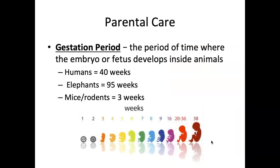Along with the parental care, you'll find that mammals will actually go through a gestation period. This is a period of time where the embryo or the fetus develops inside the animal. And so from our zygote all the way up to the fetus developing, this will be known as the gestation period. You can see in the pictures below a human fetus developing from the first week all the way up to the 38th week. For humans, this period tends to be around 40 weeks. Elephants, you can see there, it's 95 weeks. So your elephant is usually going to be pregnant for close to 2 years